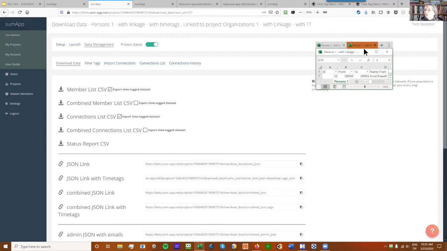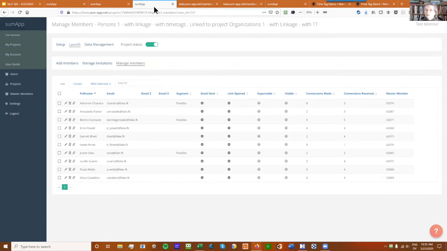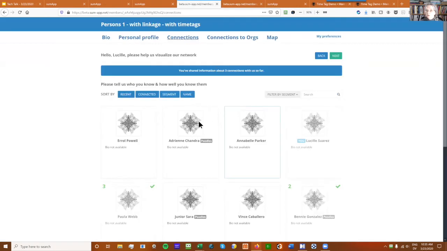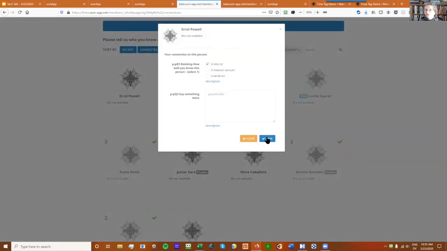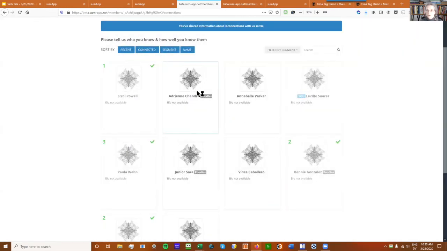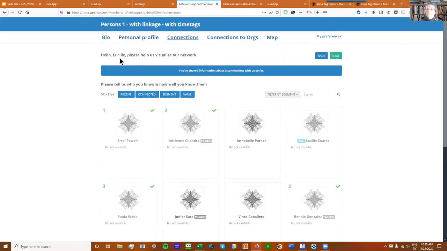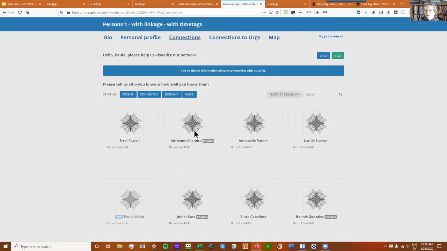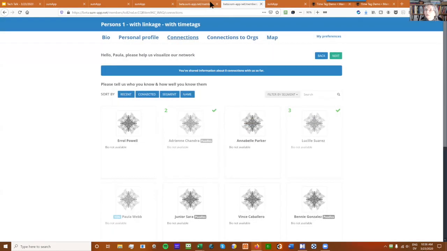I'm just going to shrink this down. And then I was just going to do one more thing, which is, here we've got Lucille. I'm going to say she knows. So I'm making some changes right now so that they should show up in this time frame. And now I'm going to be Paula and just do a couple more so we can see them. If we were testing, we would want to do that.